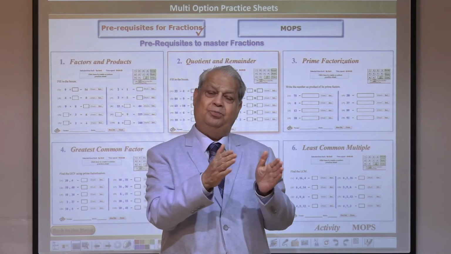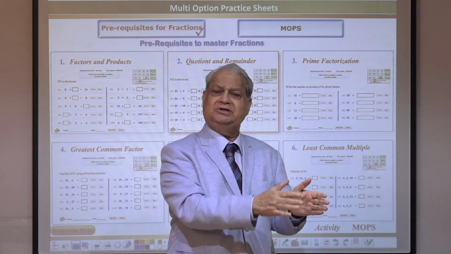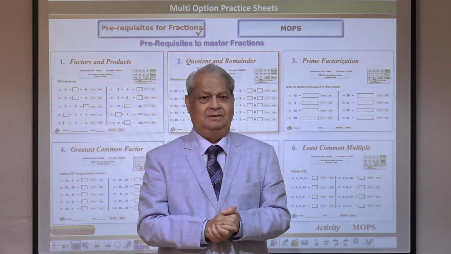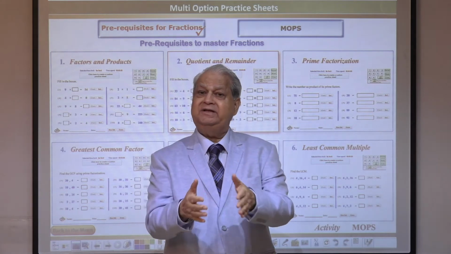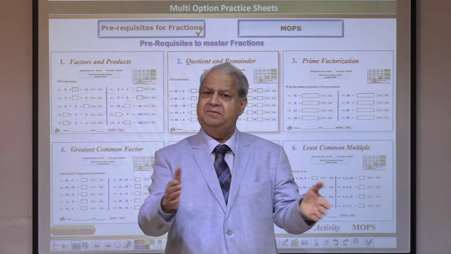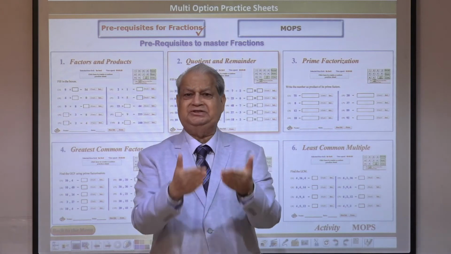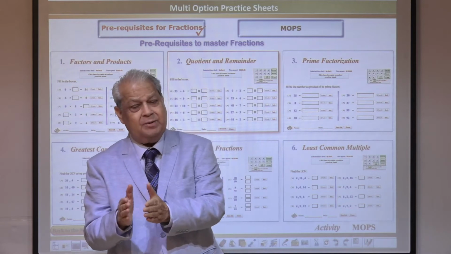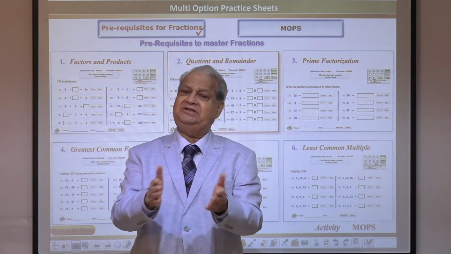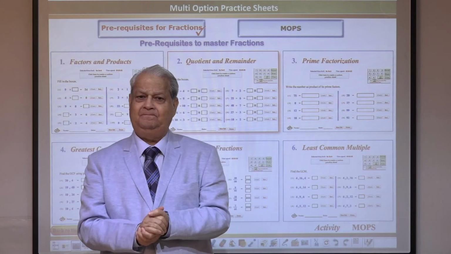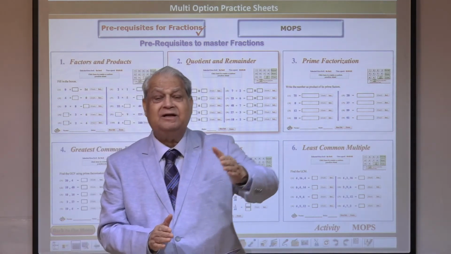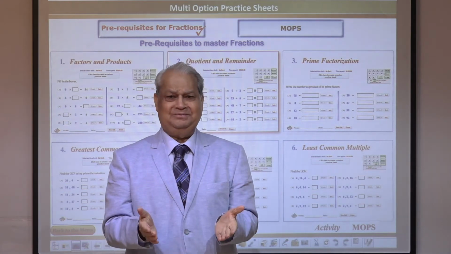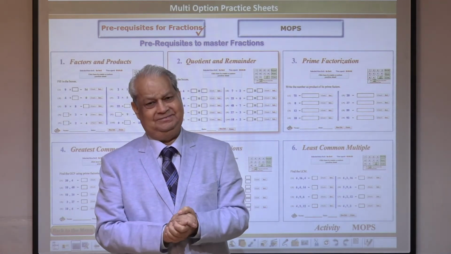They must know how to factorize a composite number to the prime factors. That's number two. They must be able to identify what is the greatest common factor amongst the given numbers so that they can reduce fractions. They must be able to find out what is the least common multiple so that they can add the fractions and find the common denominator. If those skills are not sharpened early enough, they will have problems in doing fractions.